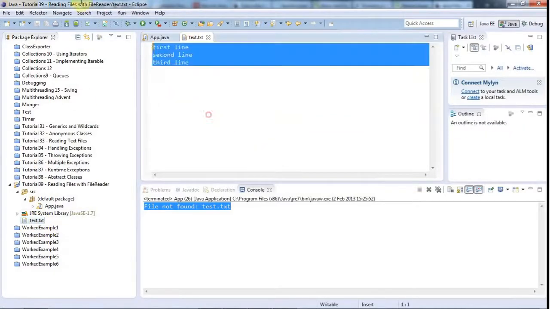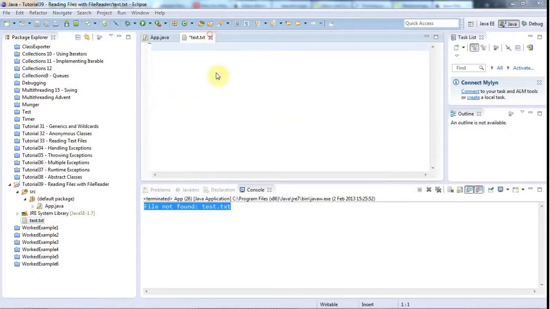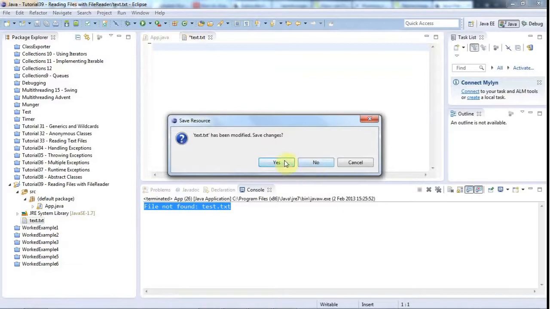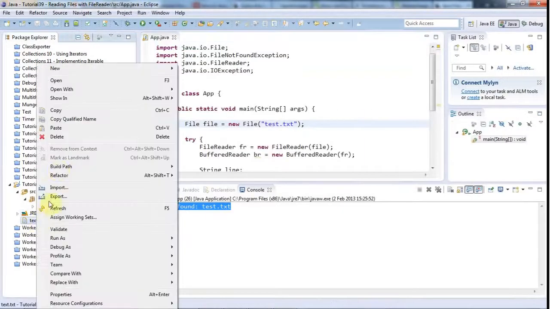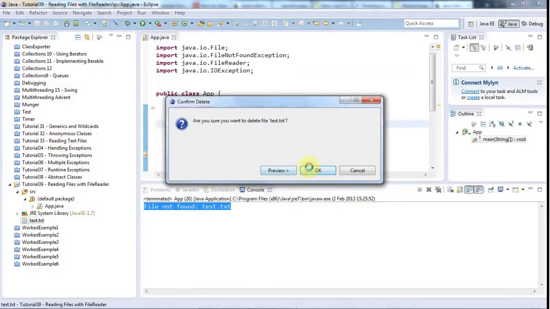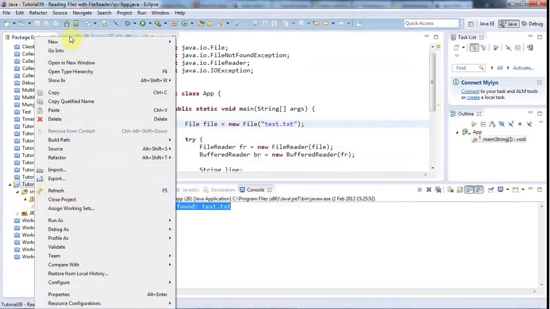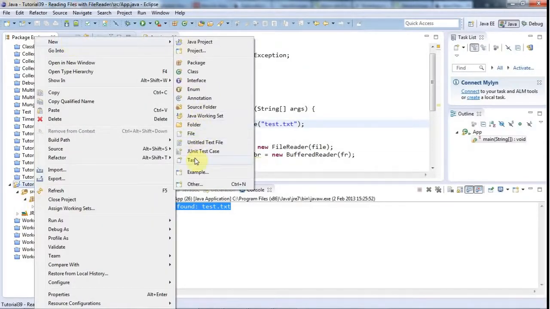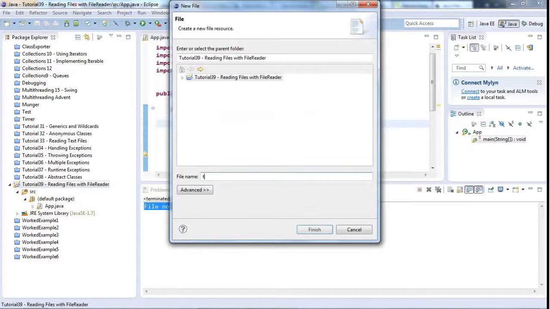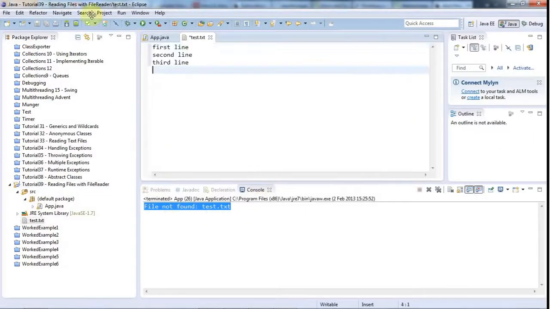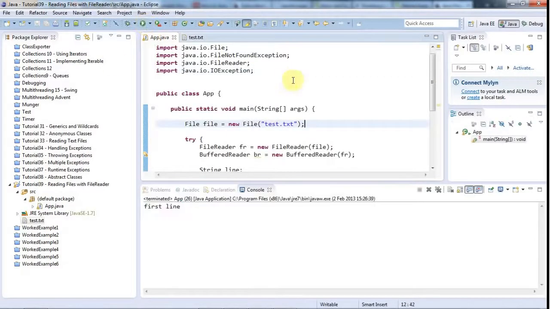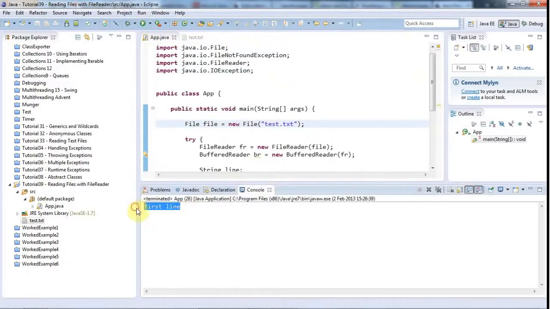What I'll do is copy that, close that and delete it, and let's just recreate it with the right name. So right click the project, new file, test.txt is what I wanted to call it. Paste this stuff in there, save it, run the program,